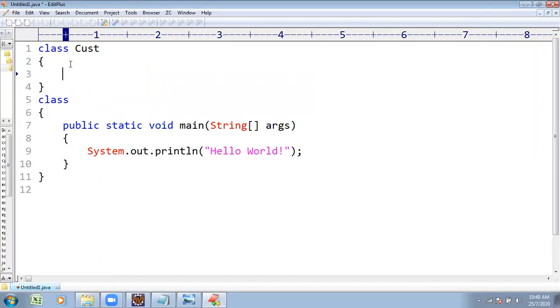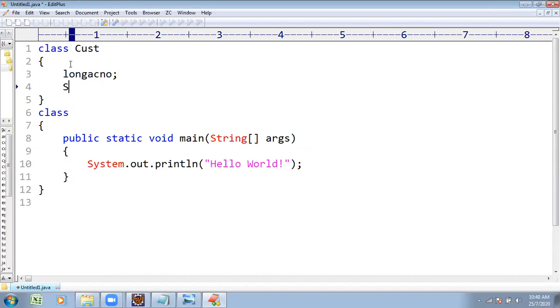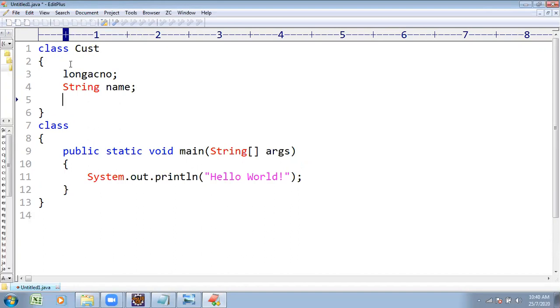Every customer has an account number, long account number, a name, and a balance, double balance.